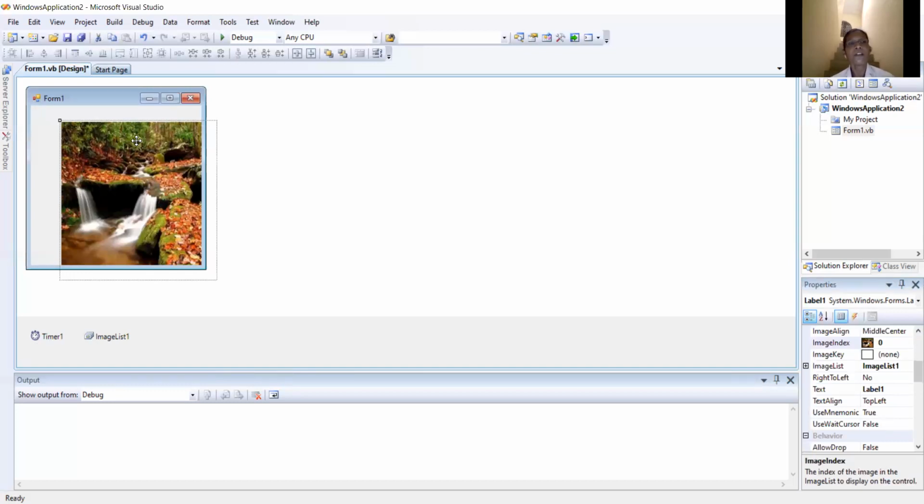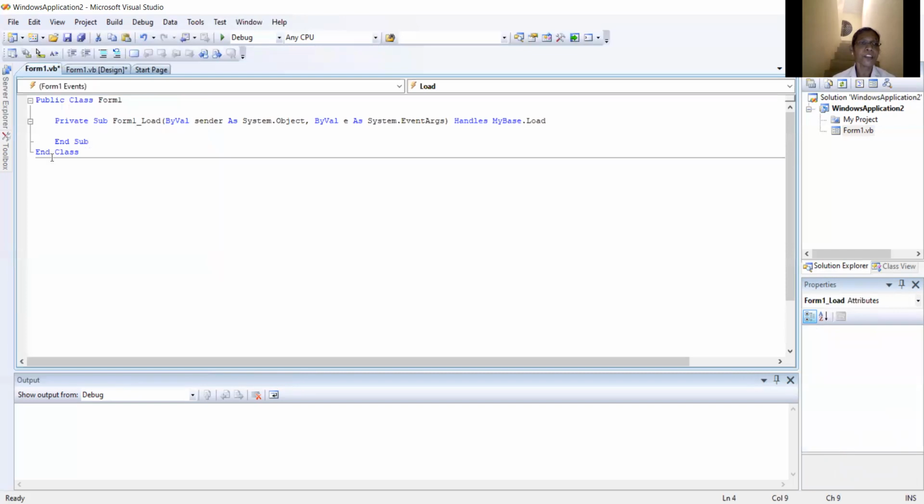So how is it possible? Some statements are pasted in a particular procedure in the coding layout. Whenever the timer is running, the collected images are displayed from the image list box.